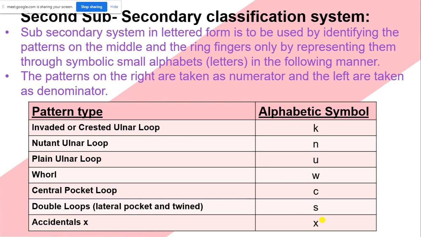So different organizations are following different systems. Scotland Yard follows a particular system, FBI follows a particular system, somebody is considering the IMO system for the subsecondary level, somebody is following this lettered format for the subsecondary classification. Because of the clutter of so many fingerprints, with the increase of offenses and databases in the country, which is having millions of population, they devised their own easy way out for the purpose of recording and for the purpose of easy retrieval of the databases that were available for them, right?